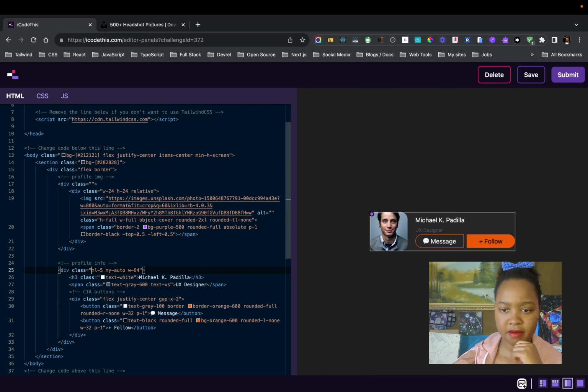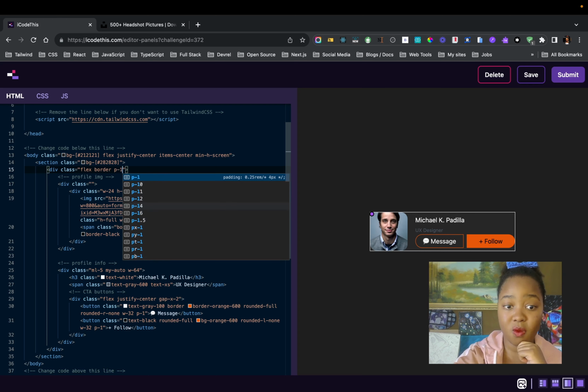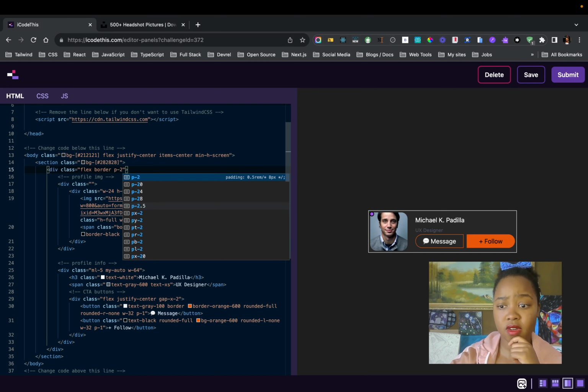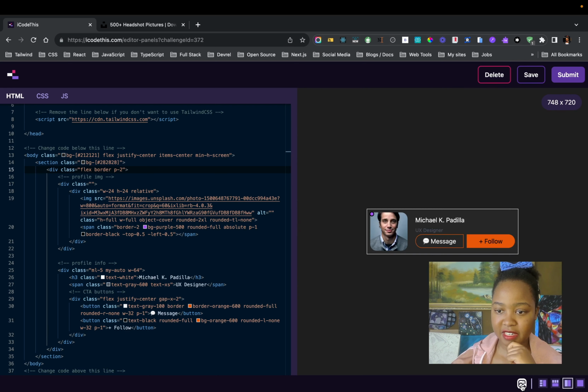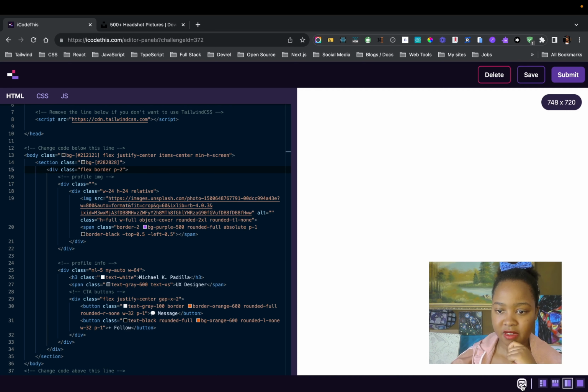Okay, yeah, it's coming out nicely. And then we're gonna give this one a bit of padding, so I'm gonna say padding 1 as well, so that it's, yeah, maybe padding of 2. Yeah, okay, that looks good. And then we are almost done. We're almost finished with our